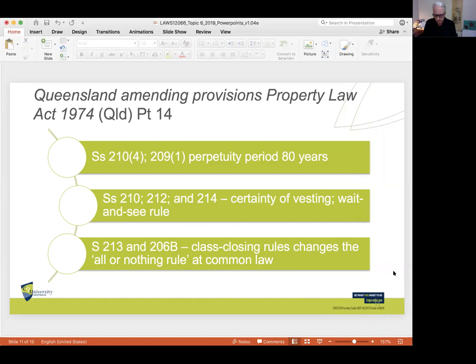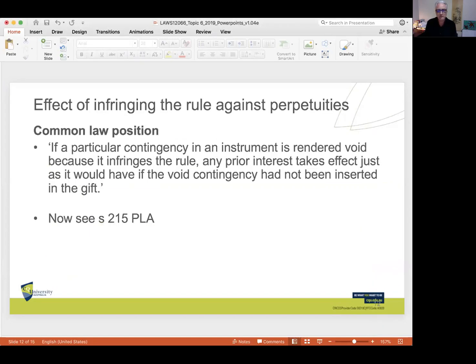Right, so we then move on and look at the effect of infringing the rule against perpetuities. And we find that we've got the common law position that if a particular contingency in an instrument is rendered void because it infringes the rule, any prior interest takes effect just as it would have if the void contingency had not been inserted in the gift. Okay, so that is an attempt to excise the void contingency to allow the gift to operate, but now we've got